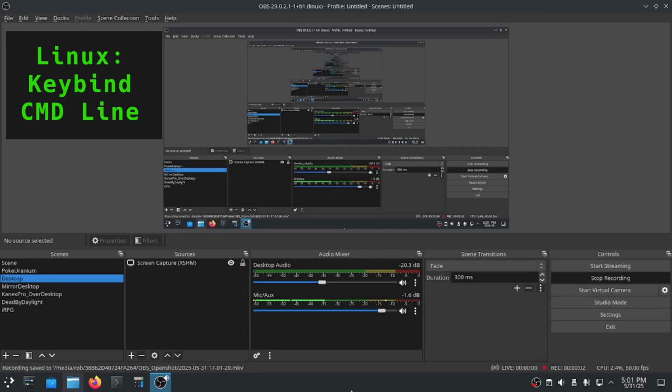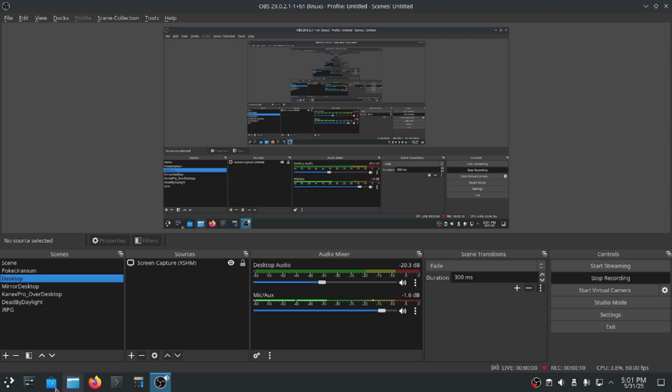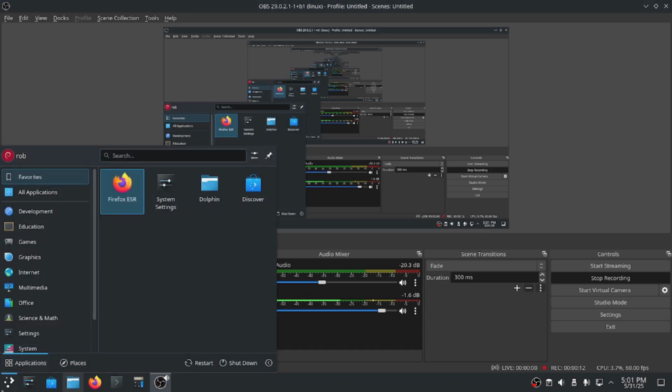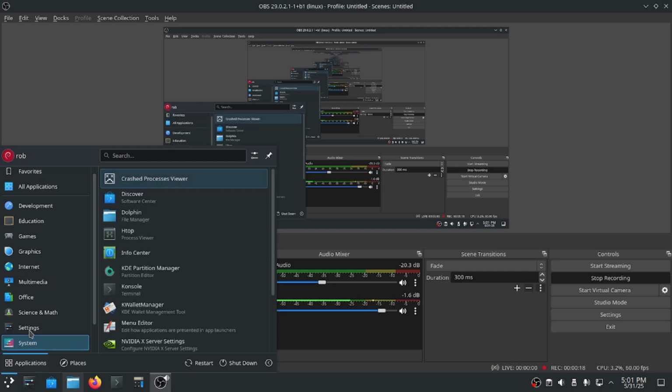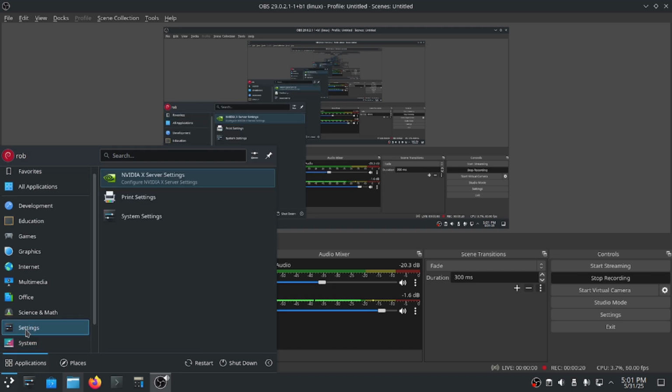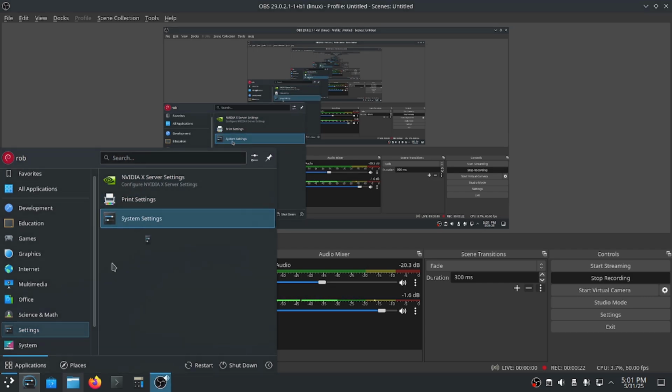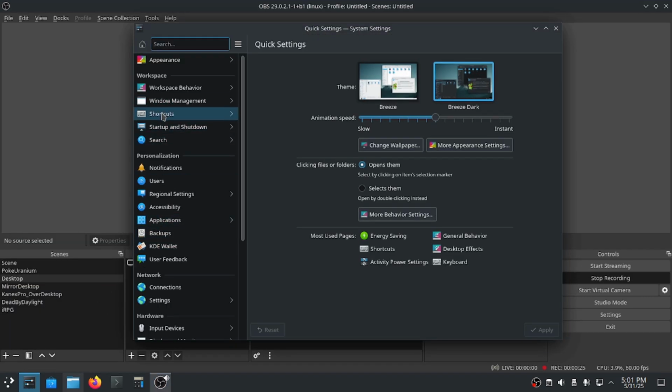Command line, terminal, console. Hello, maybe you're new to Linux, maybe you're a veteran. If you've started using KDE Plasma recently, you might notice that your desktop shortcut, or rather your keyboard shortcut, Ctrl-Alt-T, doesn't work. If for some reason this doesn't work for you, just go Settings, System Settings, Shortcuts,